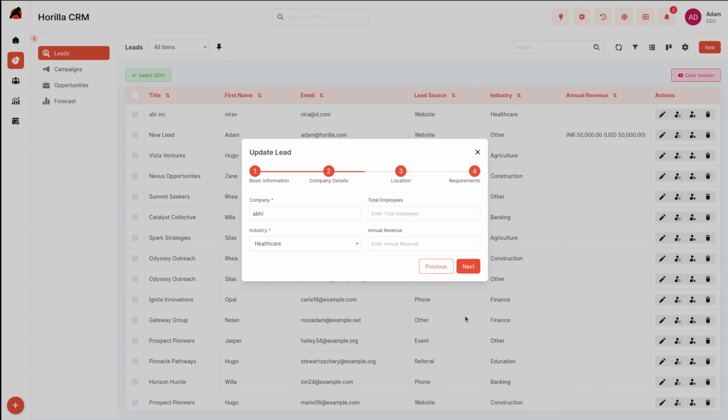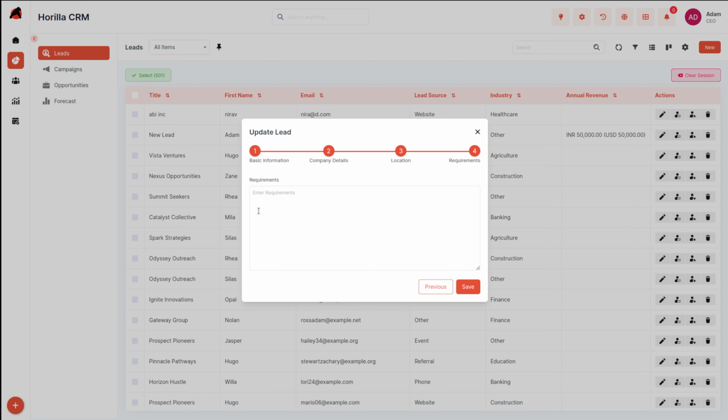So you can click on whatever page, like if you're having any small edits, it will be there in any of these areas. If it's in company details, you have to click on next. If it's in location, then you have to again click on next. Or if you are going to give any requirements, click on next. And whatever changes you do, after that you have to click on save. And that will be updated on the